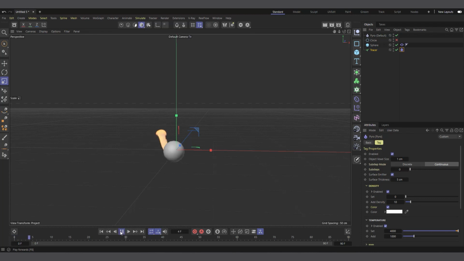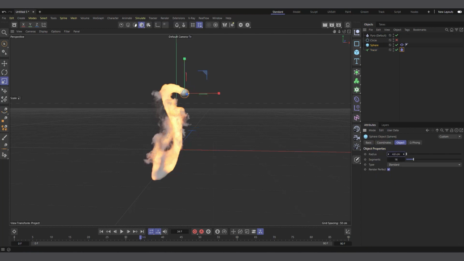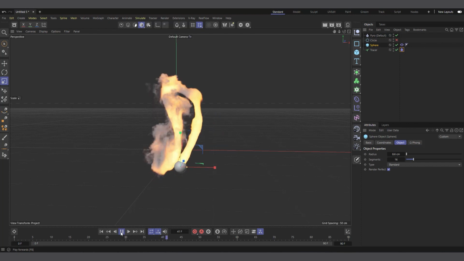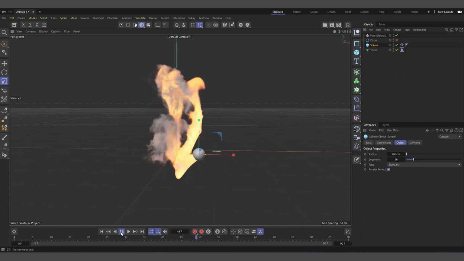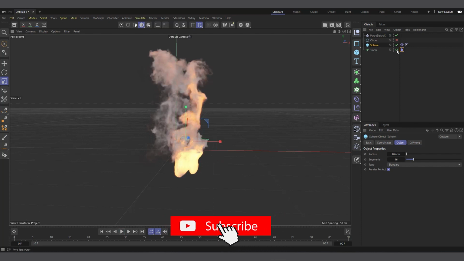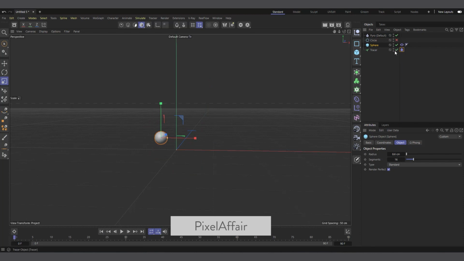And if I hit play, you can see it's generating this tree which is following our sphere. Let me even make the sphere a little bit smaller, right? You can see it's creating this tree which is following our sphere, and it's really interesting, right? Another thing is we can also use it on